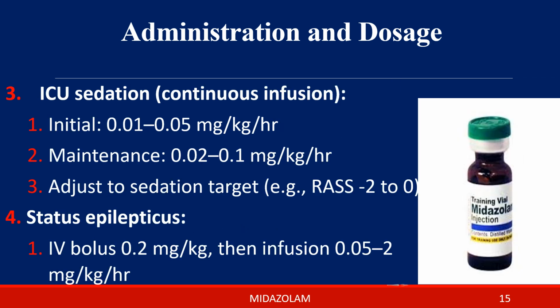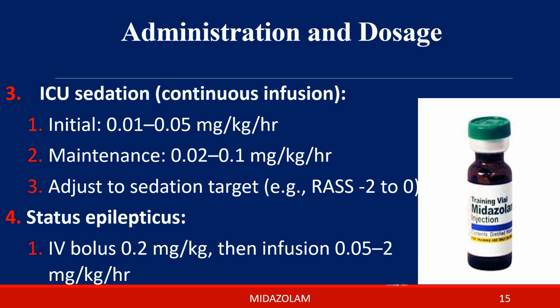3. ICU sedation, continuous infusion. 1. Initial, 0.01–0.05 mg per kilogram per hour, means starting dose for continuous sedation in ICU. 2. Maintenance, 0.02–0.1 mg per kilogram per hour, means dose range for ongoing sedation in ICU. 3. Adjust to sedation target, e.g., RASS -2 to 0, means adjust dose to get desired sedation level using RASS score. 4. Status epilepticus. 1. IV bolus 0.2 mg per kilogram, then infusion 0.05–2 mg per kilogram per hour, means dose